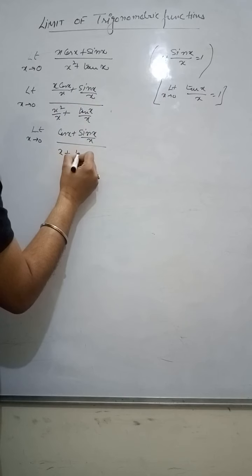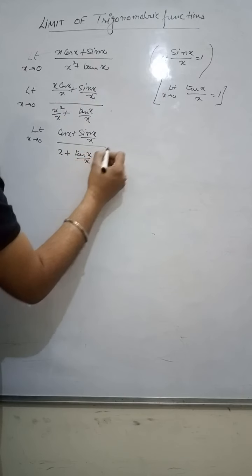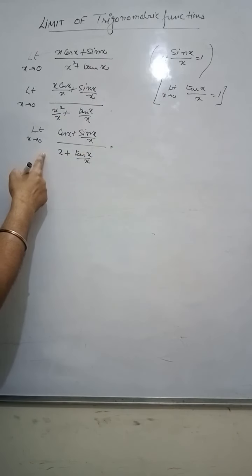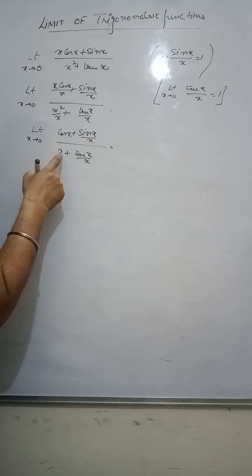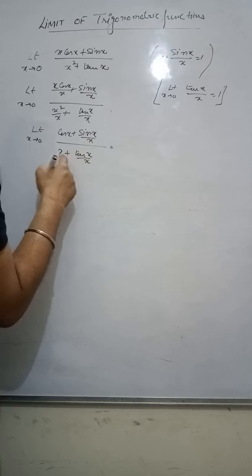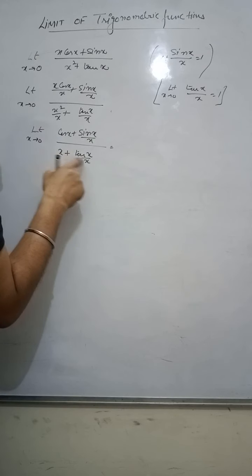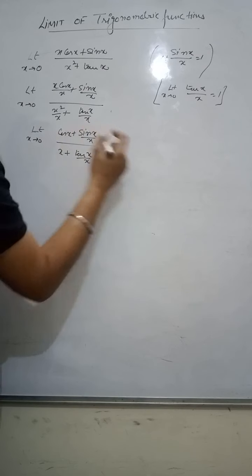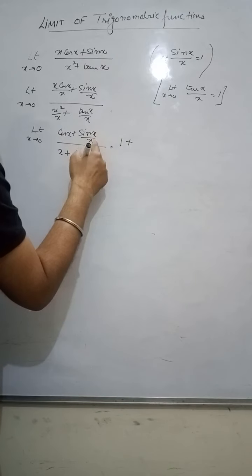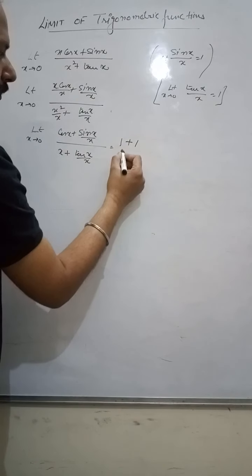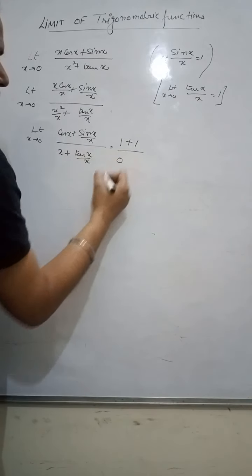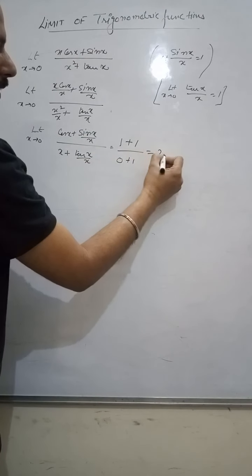This is x, this is again direct use of the formula. Now we can put it here. Let us see what it becomes. Again the problem of 0 will come down here because this will be 0 but this will be 1, no issue. Cos 0 is 1, sin x upon x, as x goes to 0, is again 1, x is 0, tan x upon x is 1. So this will be 2 here.